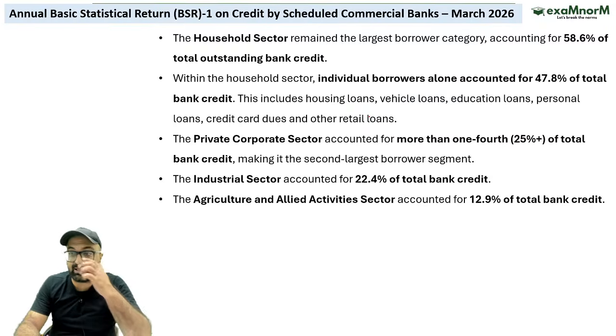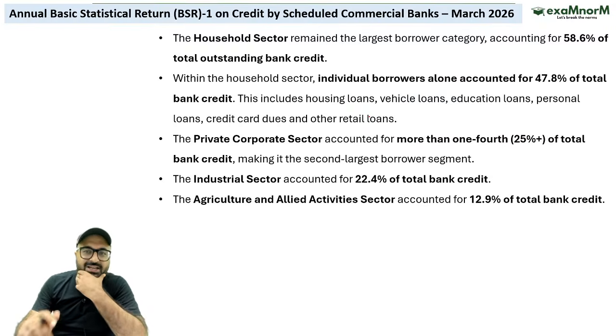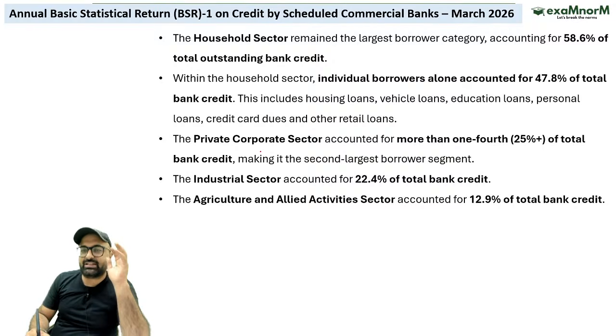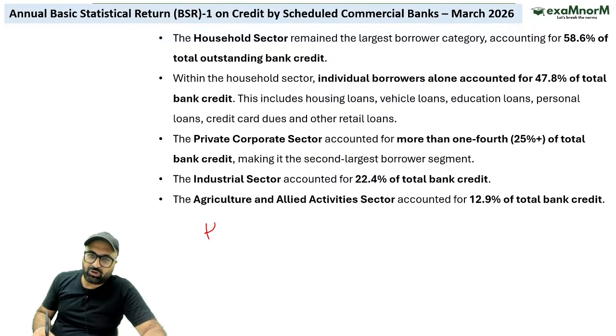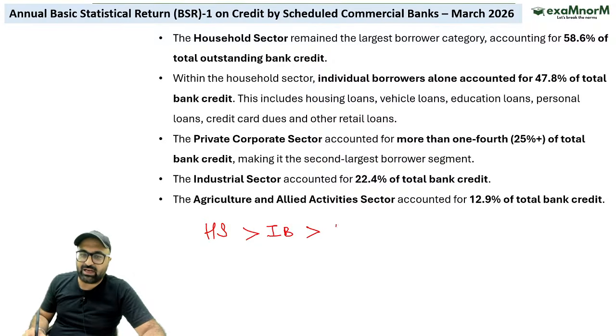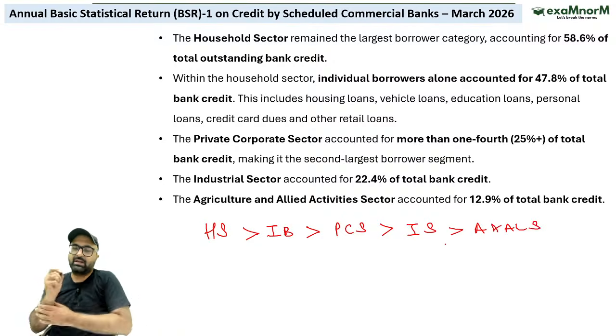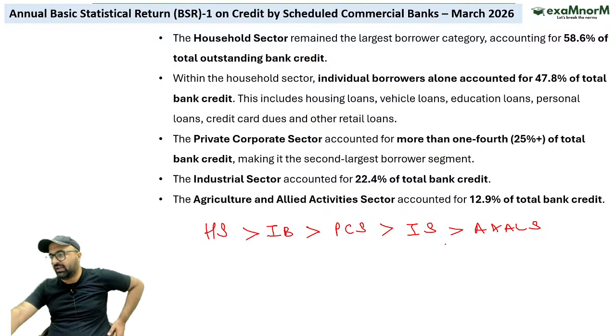अब इसमें एक और चीज आ जाती है, वो क्या सर? एक और चीज ये आ जाती है कि अगर हम सेक्टर वाइज जाए, तो हाउस होल्ड सेक्टर is on the first position in terms of percentage, individual borrowers is on the second. After that, we have the private corporate sector, then we have the industrial sector, then we have agriculture and allied services. Now you must be wondering कि सर ये जो इंडस्ट्रियल सेक्टर आपने लिखा है, how it is different from